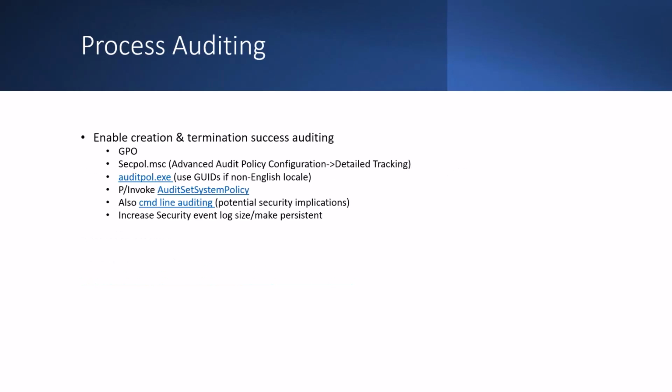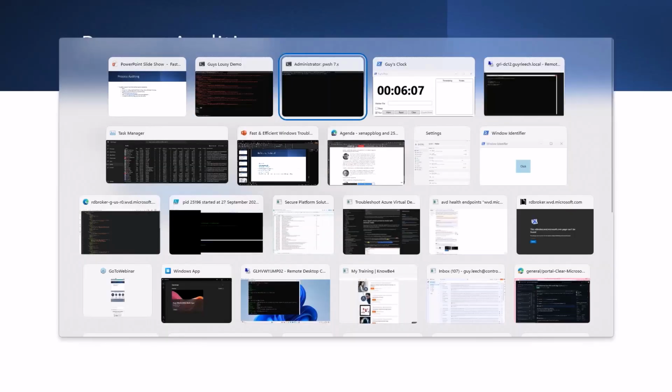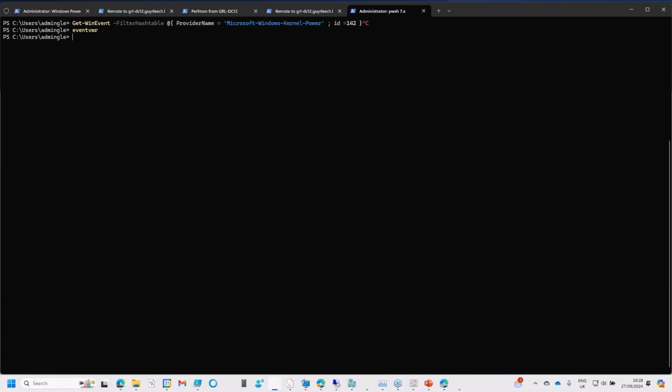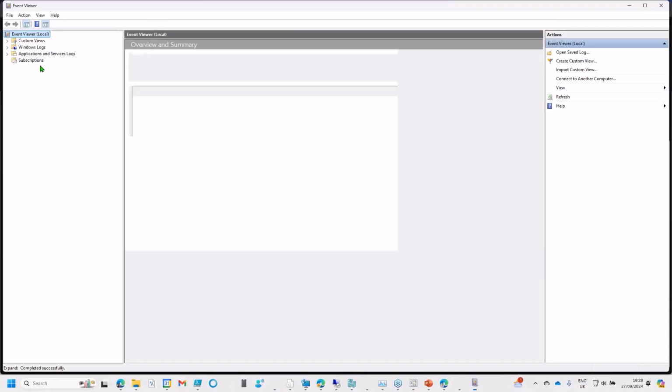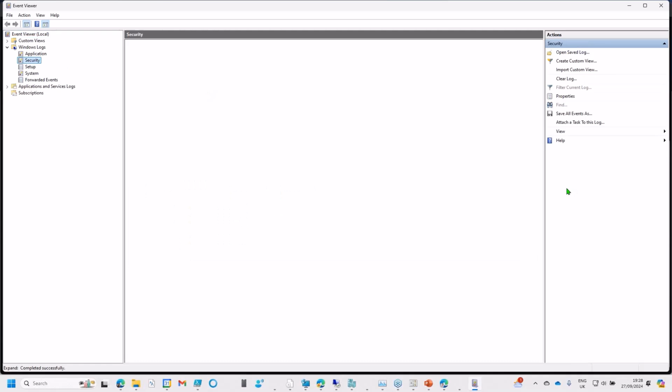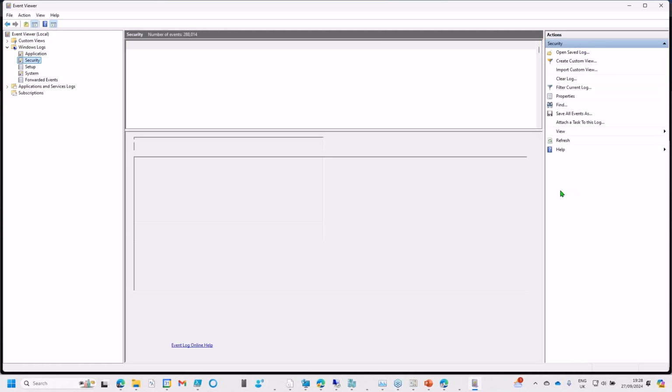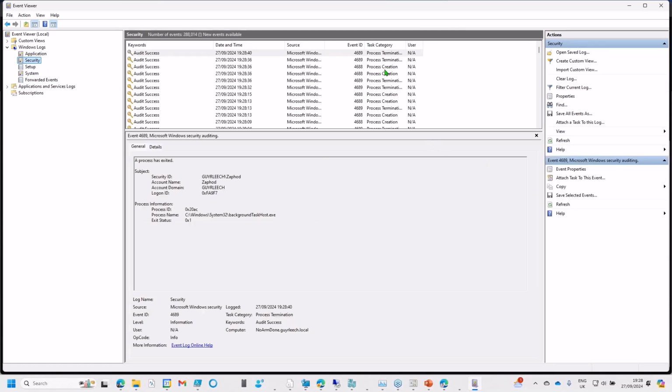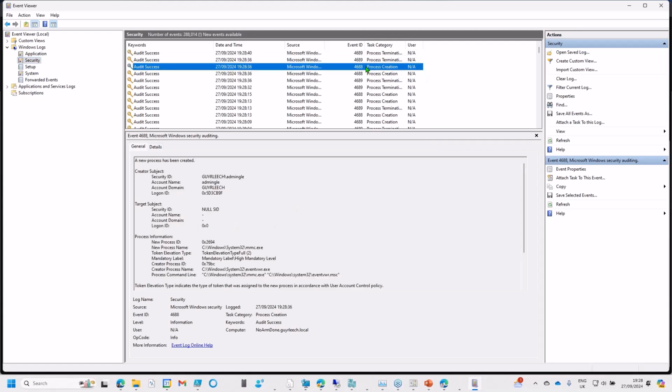Process auditing builds on top of Windows event logs. If you've seen process auditing, it creates events. I'm actually going to show Event Viewer now, mainly because you realize how difficult it would be to otherwise look at the events. If we go and look at security events, we'll see a lot of 4688 and 4689 events. I don't know all event IDs off the top of my head, but because I work with these a lot, you'll see a lot of 4689, which are processes terminated, and there should be a corresponding 4688 event, which gives us a lot of information, including the command line,